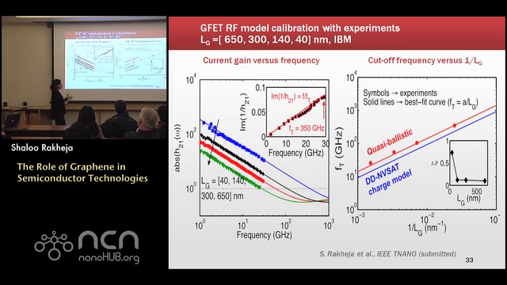Also, we've been able to extract the ballisticity parameter, which you can see in the inset of this second plot as a function of gate length. You see that the ballisticity parameter changes from about 0.1 to about 0.6 as the channel length changes from 650 nanometer to about 40 nanometer, which is expected because the shorter the channel gets, the more and more ballistic you expect it to be. We don't yet have a good understanding of how this ballisticity parameter would change with the different mobilities and different mean free paths of these devices, which is again a question that we are looking into.